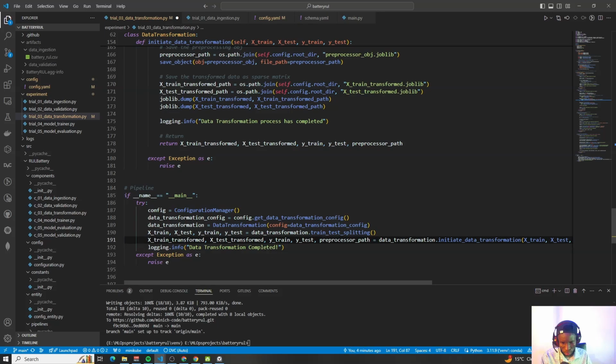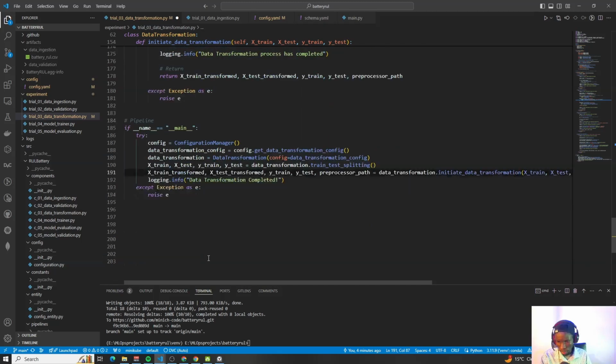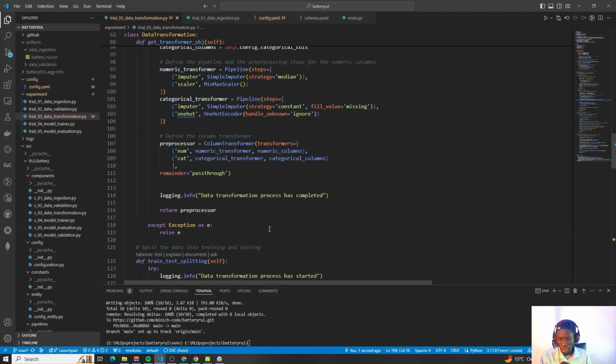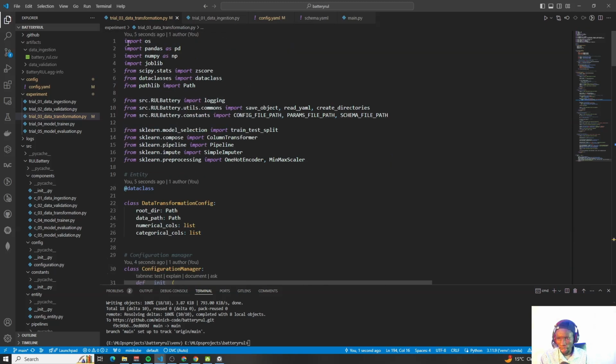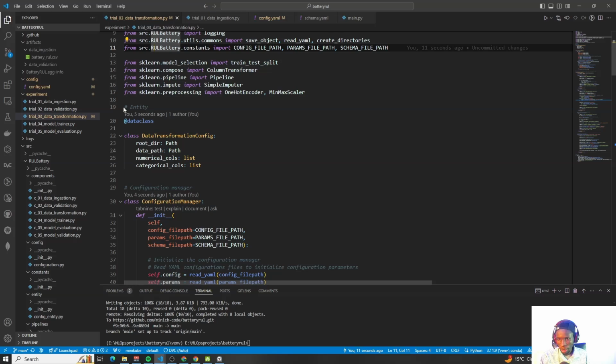Anyway, no problem. Then we can log some information, then except e, logging exception, no problem. Okay, so this is the data transformation. So just to do a recap, you can see that we first imported the necessary libraries. Then after that, we created our entity where we specified the root directory where we will be